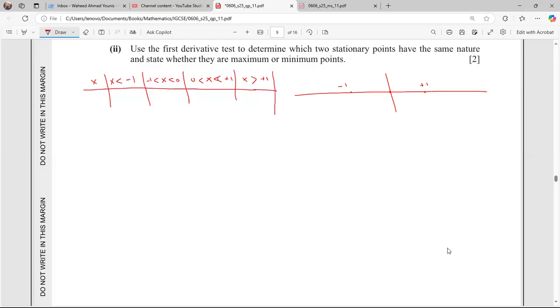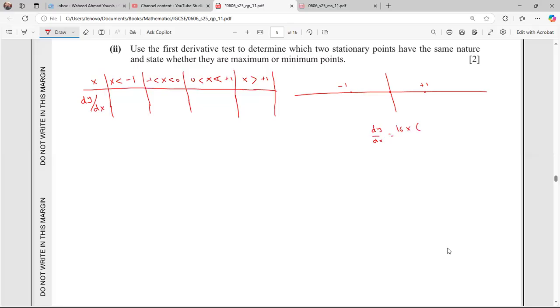These are the things which I want to evaluate, and I need to find the derivative dy by dx in this range. Actually, I don't need the derivative, I just need to know the sign of the derivative. Remember the derivative we found as